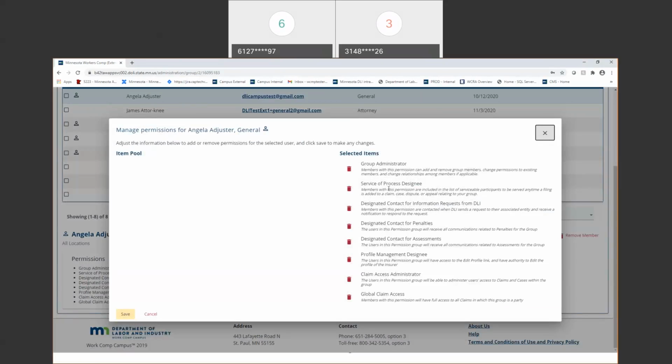Service of process designee and designated contact for information requests and penalties from DLI: the easiest way to do this is just to assign it to 1 person or maybe 2 people. They would receive all of the documents related to these. So if you assign it to everyone in your group, it can certainly get a little overwhelming for them. What some other people are doing is